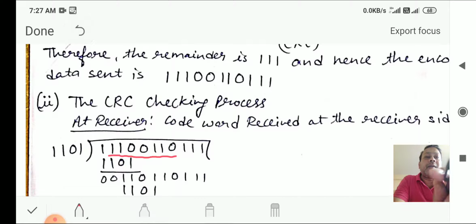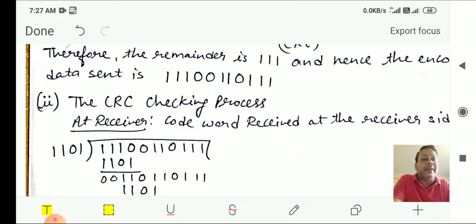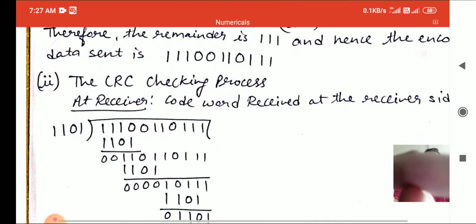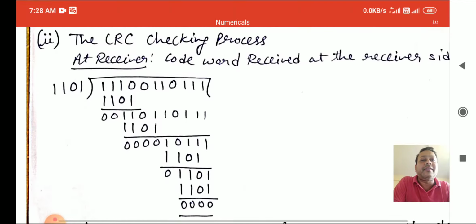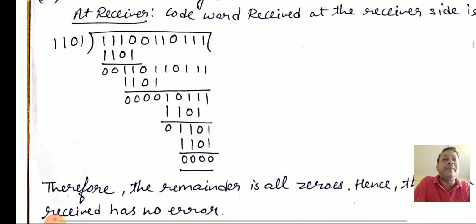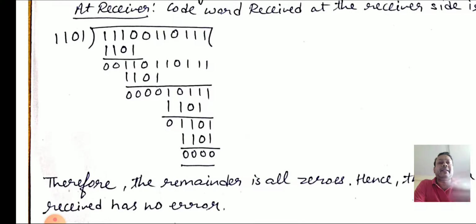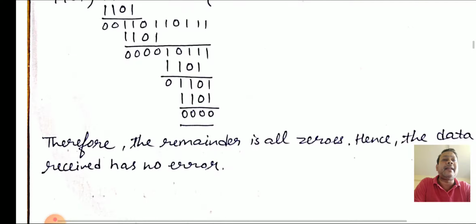Now we are going to divide the number again, the same number that we already got. The transmitter gives some number, and that number has to be divided by the same generator, 1101. If the same bit is there, we put 0, otherwise we put 1. Ultimately we divide the entire data, and we must get 0 as the remainder. So the remainder must be 0.